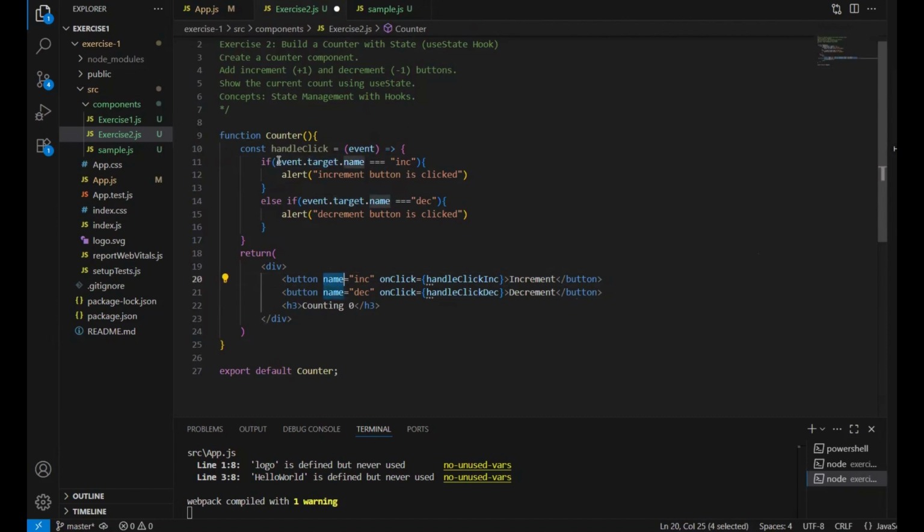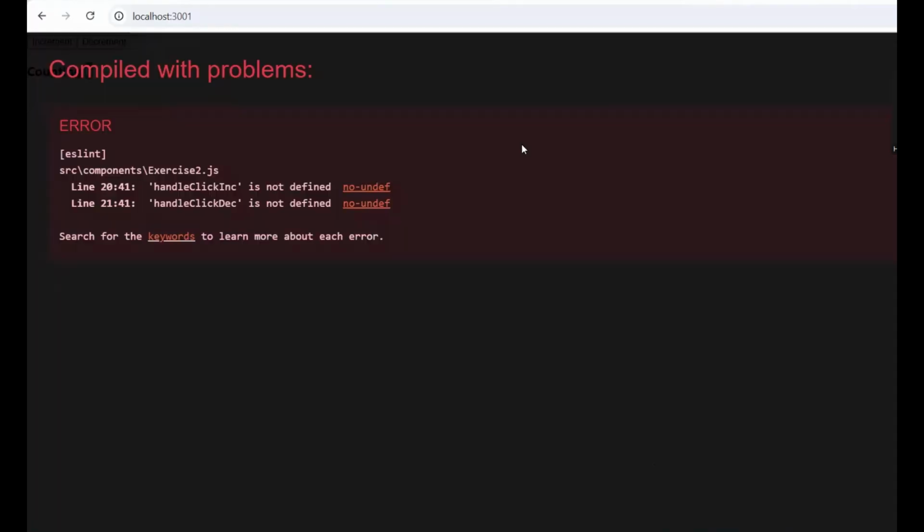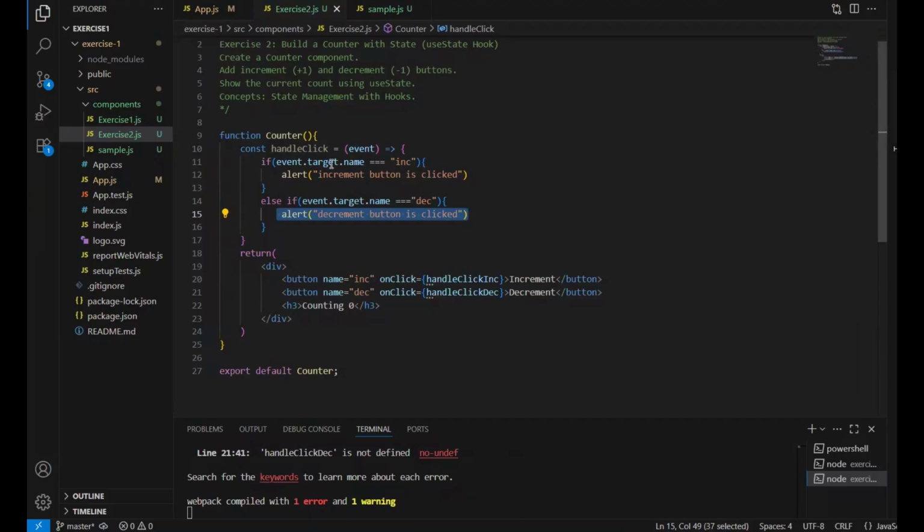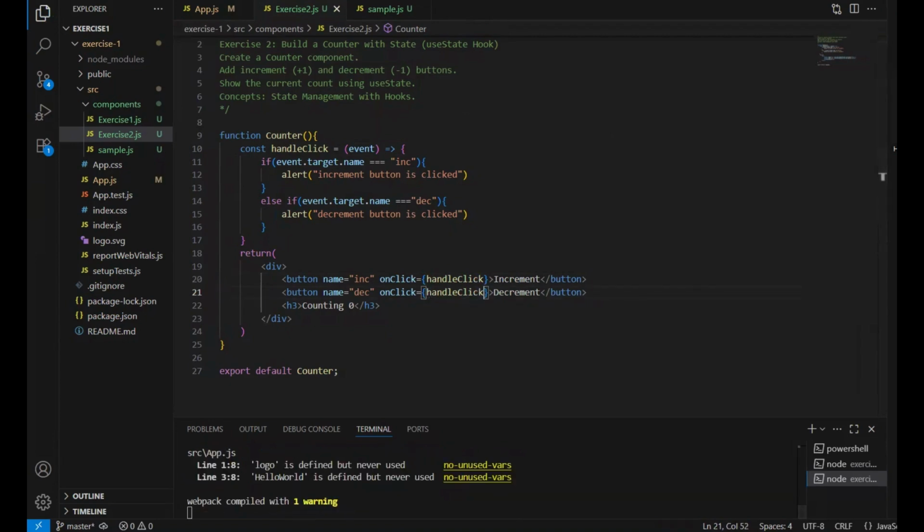And then now I have an if statement. I'm going to say if this name that you received from the button is equal to inc, then alert this. So whenever this button is clicked, I'm going to have this alert. Whenever this button is clicked, I'm going to have this one. I'm going to save it again. We have to have the same thing. Oh, I forgot to change the names here. So right now we don't have handle click inc anymore. We just have handle click. Going to change both of these names here,